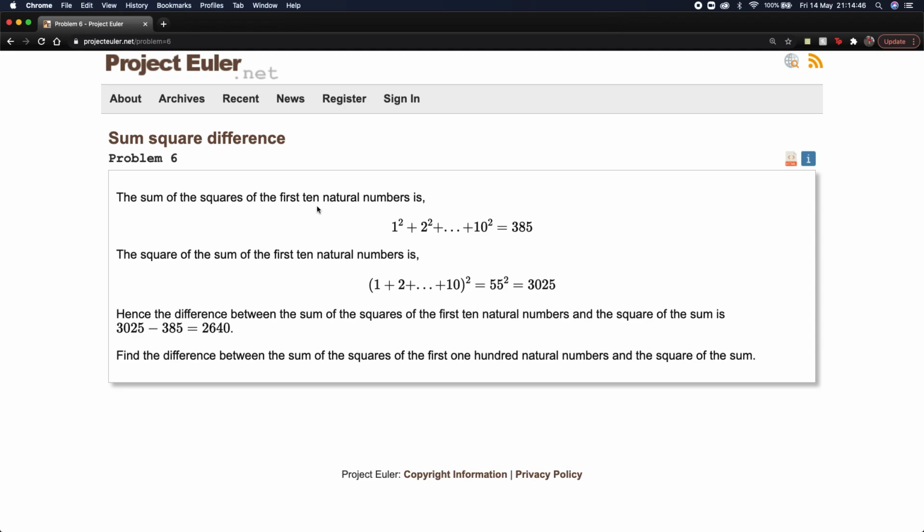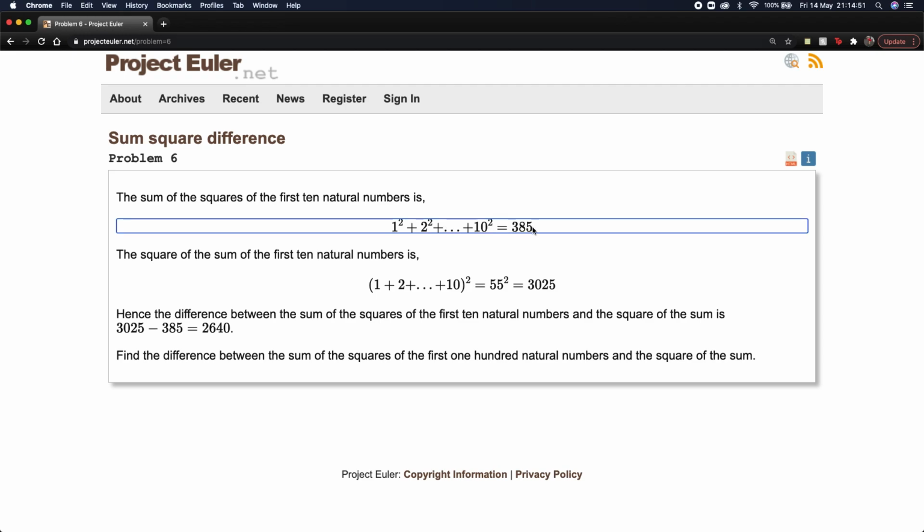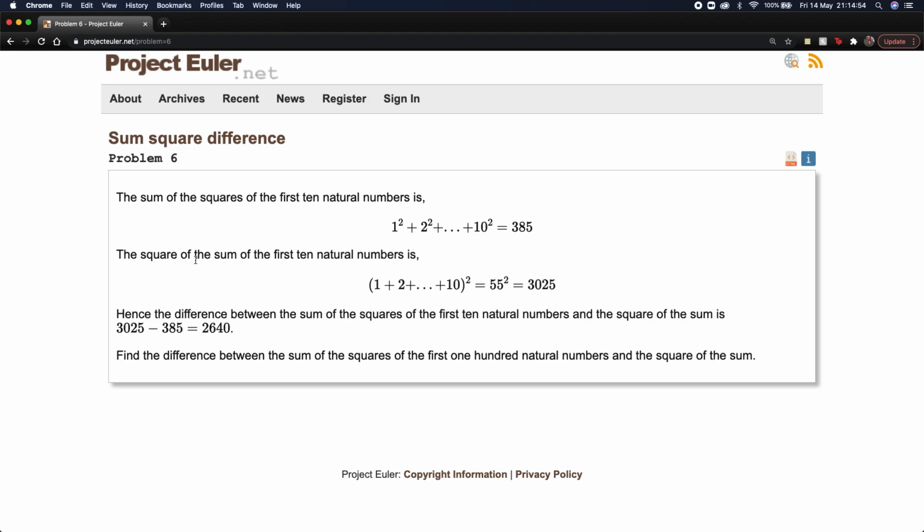The sum of the squares of the first 10 natural numbers is 1 squared plus 2 squared, etc., plus 10 squared, is equal to 385. The square of the sum of the first 10 natural numbers is 1 plus 2 plus etc. plus 10, all squared, is equal to 55 squared, is equal to 3025. Hence, the difference between the sum of the squares of the first 10 natural numbers and the square of the sum is 3025 minus 385, and that is 2640. Find the difference between the sum of the squares of the first 100 natural numbers and the square of